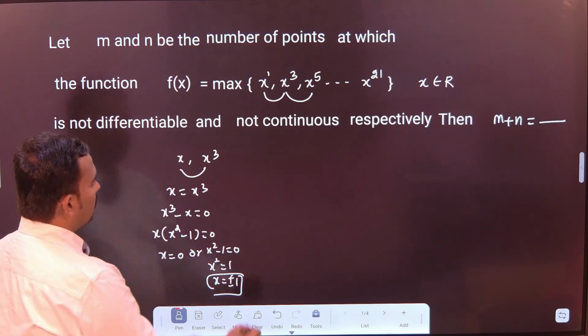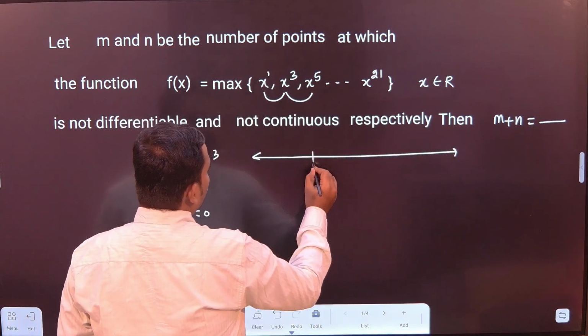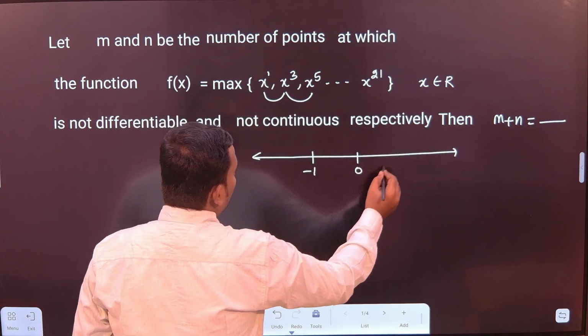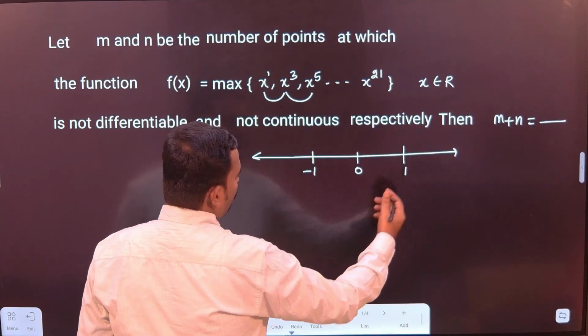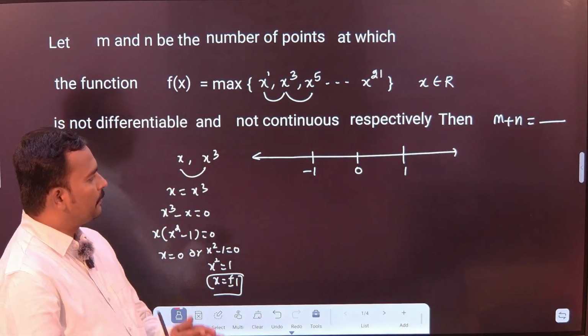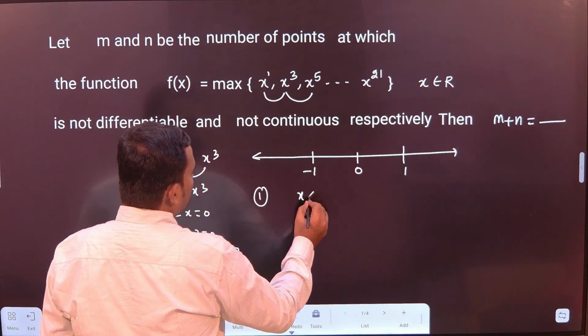So the whole real line, you have to break into the intervals less than minus 1, minus 1 to 0, 0 to 1, and more than 1. Okay, so let us take the first one. If x is less than minus 1,